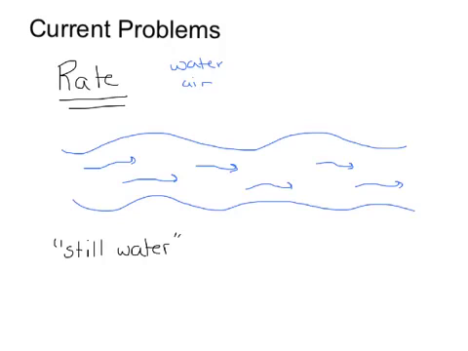The second rate is the rate of the current. How fast is that current going? Now it can either help you or it can hinder you, like if you're in the water or the boat's in the water. If you are headed downstream, which means you're going with the current,